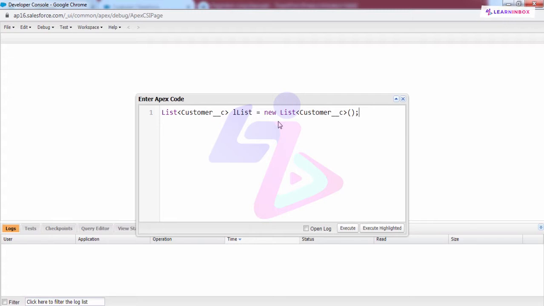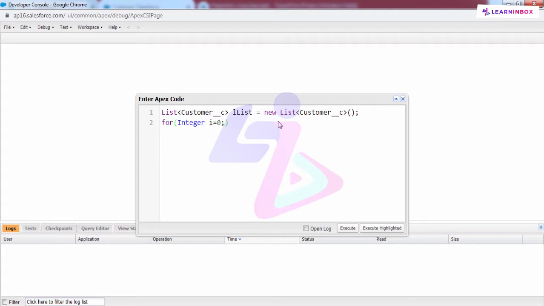Now what we are doing is inserting multiple records in our object. So for that we have to use a for loop to choose what number of objects I should insert. So inside for loop, integer i equal to 0.